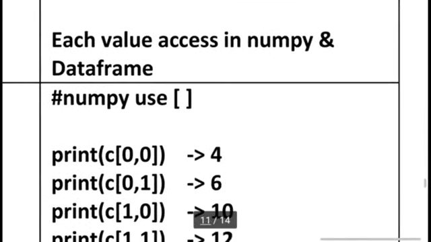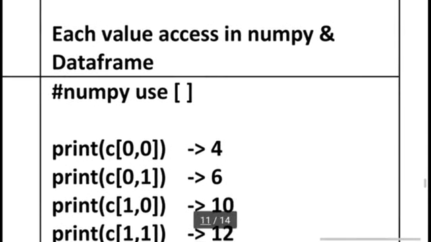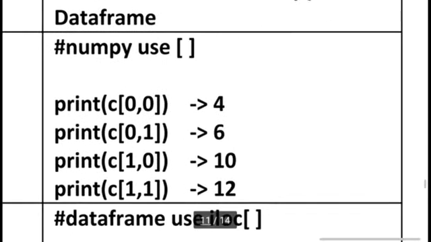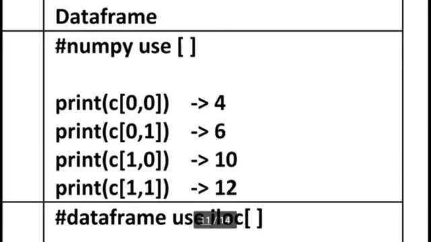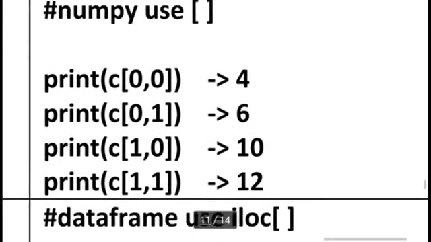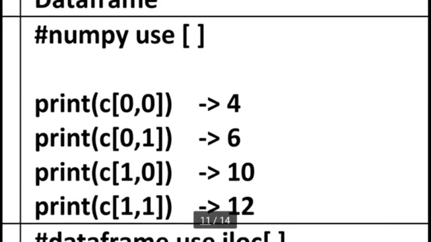Okay, in numpy, if we want to access each and every value, we already know we always use square brackets, with the row index value and then the column index value. This structure shows each and every value. We can access each value directly using the row index, comma, column index.